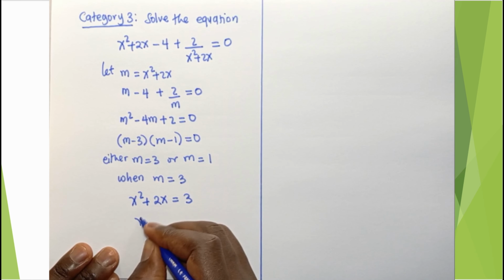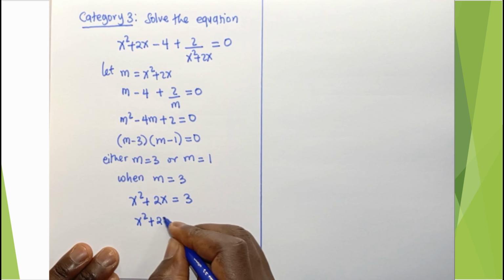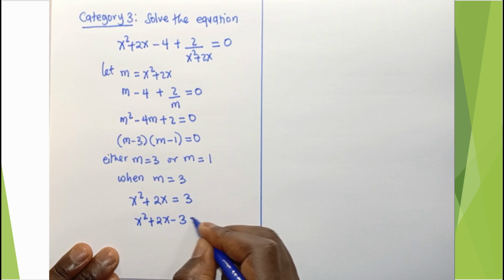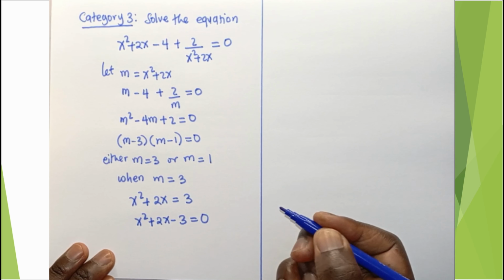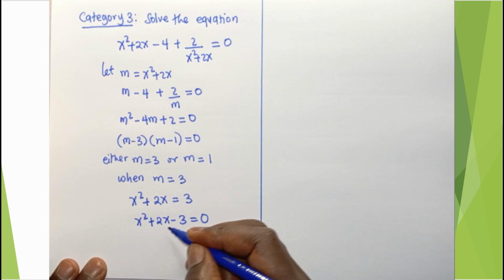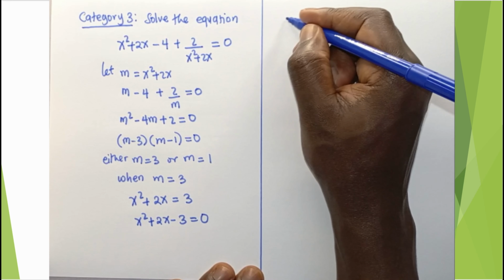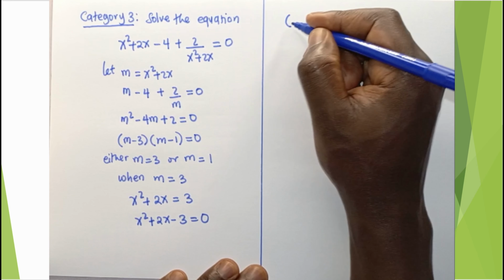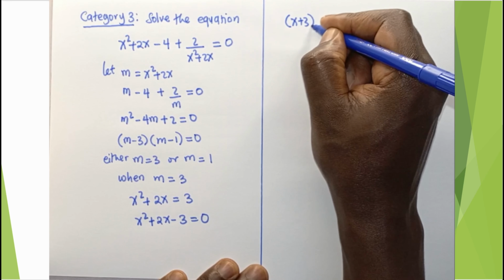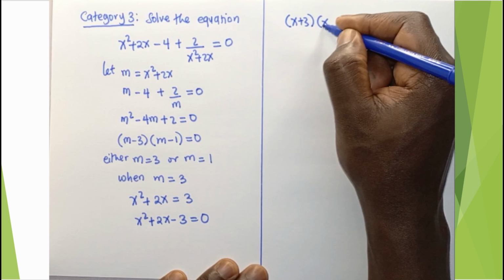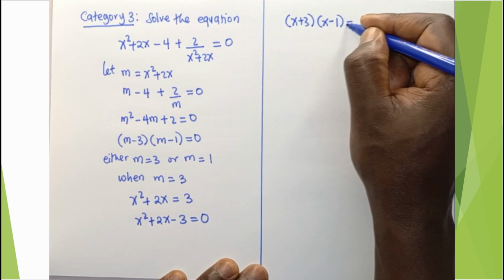So it's another quadratic: x squared plus 2x minus 3 is equal to 0. So we go ahead to solve our quadratic equation using any method that you want. Solving it using factorization, we shall have x plus 3 into x minus 1